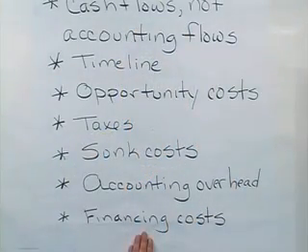And then finally, financing costs. Financing costs should not be included in the cash flows. Interest expense, dividends, principal repayments, anything related to finance should not be included. The reason behind this is that most of the time we are going to be discounting free cash flows using the weighted average cost of capital. The weighted average cost of capital includes financing costs. It includes the cost of equity. It includes the cost of debt. It includes the weights of debt and the weight